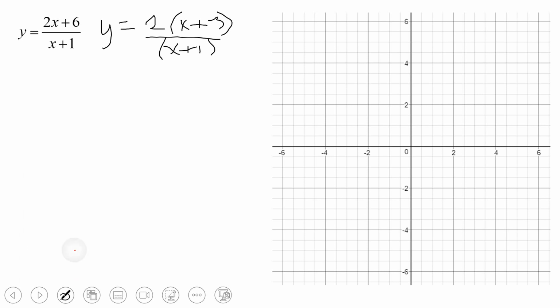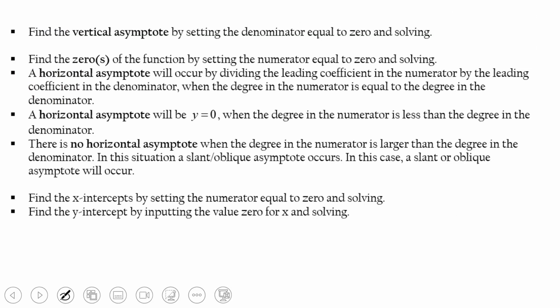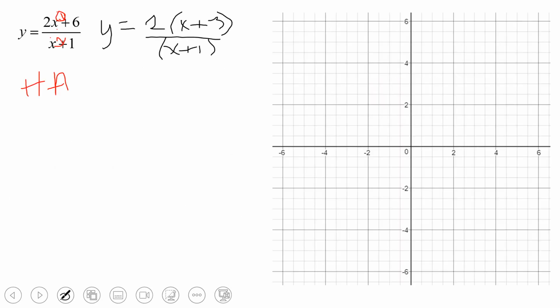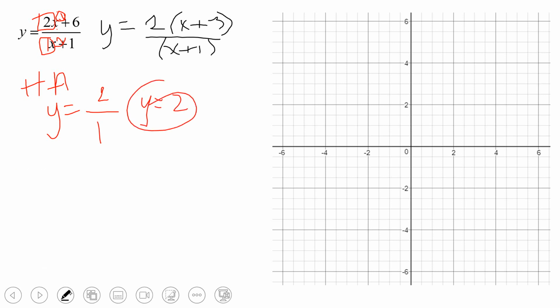I'm going to start with the horizontal asymptote. So I'm looking at the degree in the numerator and the degree in the denominator, and they both have a degree of 1. As a reminder, when the degree in the numerator is equal to the degree in the denominator, we identify the leading coefficients and create a ratio. The horizontal asymptote is always the variable y, so I create an equation with y equals, and I take 2 and divide it by 1. Well, 2 divided by 1 is simply 2. So off to the side, taking that highlighter, I draw y equals 2. It cuts through the